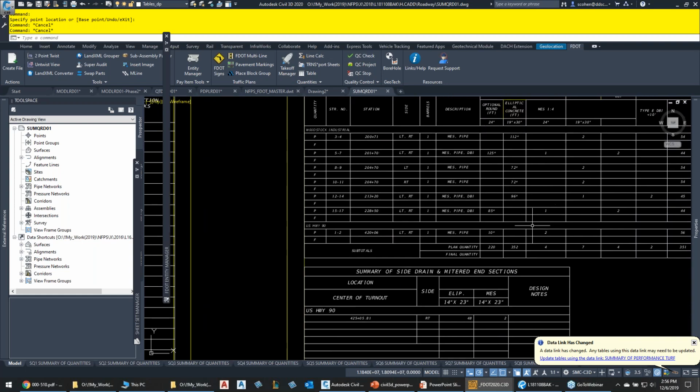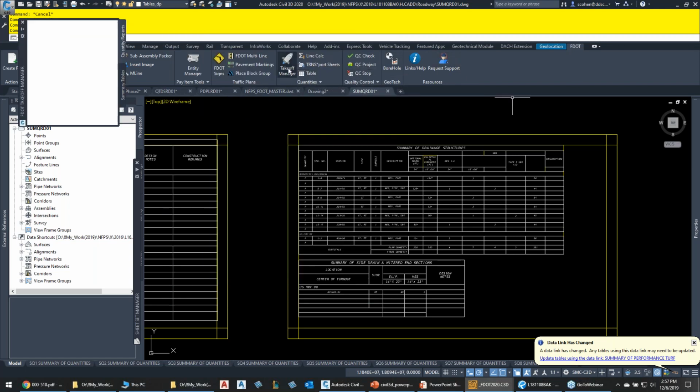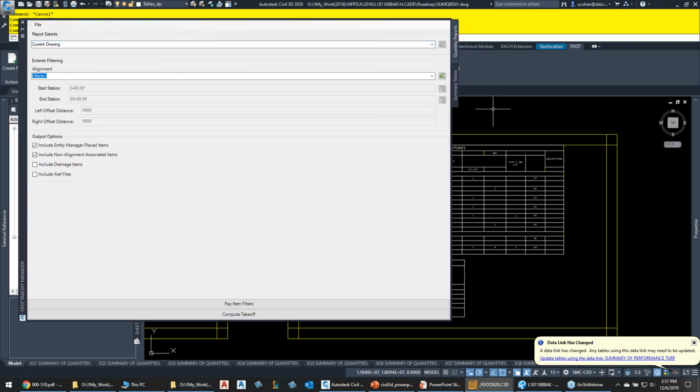And this looks just like it does in MicroStation. So you don't need Link Data Manager because you have it as part of AutoCAD, right? This is just AutoCAD functionality that we're doing right here. But the way that you get your tables, I was going to show that before the end of the webinar, is in the FDOT ribbon tab, you go to Takeoff Manager, and you navigate to, well, just so you know,